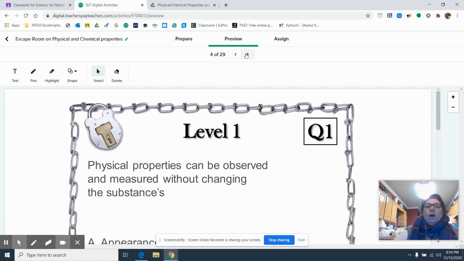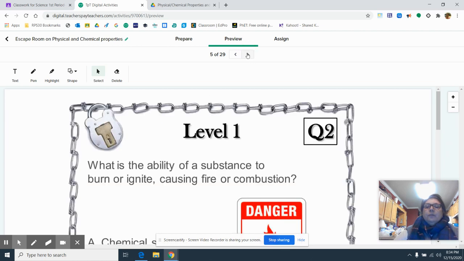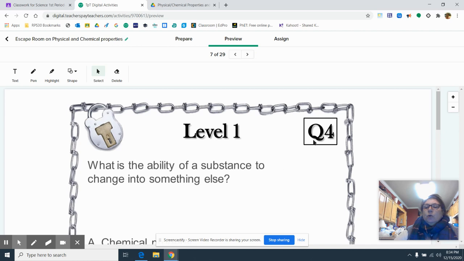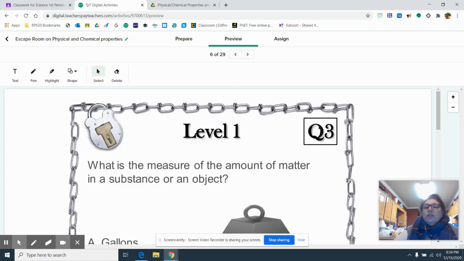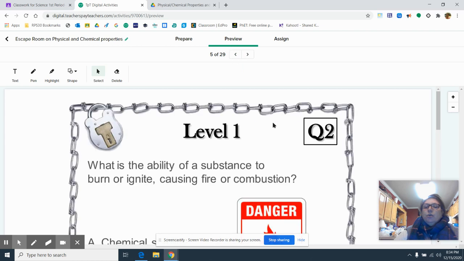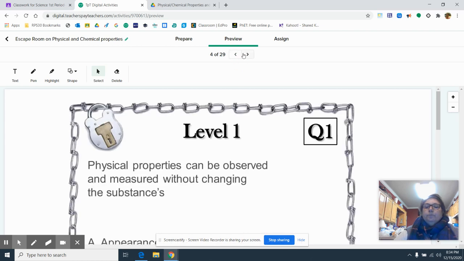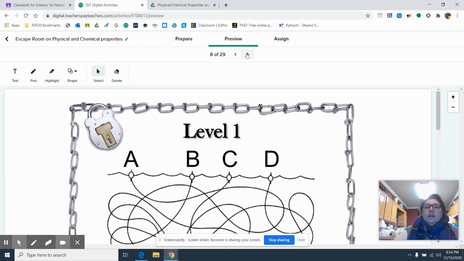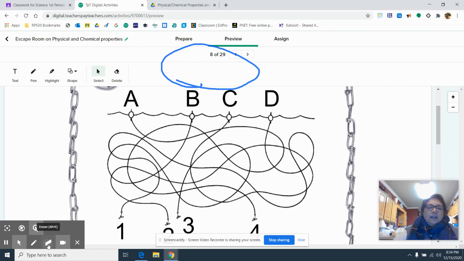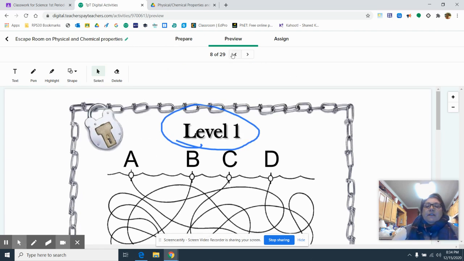So as you can see, it tells you what level, and there are 4 questions. Question 4, question 3, question 2, question 1. And then after each level, you've got this. This is the decoder. And you are literally going to have to decode to find your answers. Let me erase it real fast. All right. So this means you have to go back